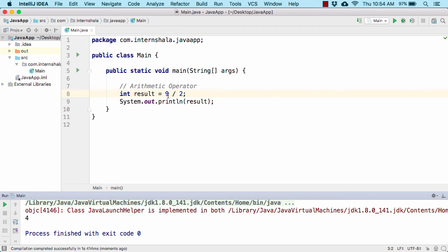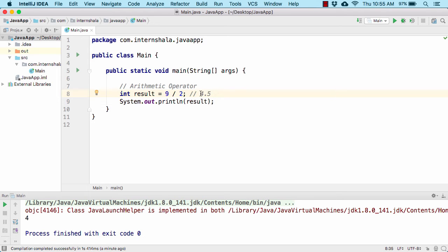We all know that when we divide 9 by 2, we should get the output of, let's say, 4.5. Now what happens is that on the right hand side I have 9 as an integer and 2 as an integer. So when we divide 9 by 2, the result is being stored inside the int result. Now the integer data type does not support decimal point values. So when we have this operation at runtime, this 0.5 is struck out. So we get only 4 in the output.